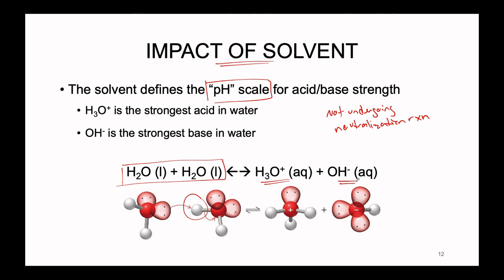Now, this dissociation between water molecules is what defines what the acid is in solution. The acid is H3O+, as well as what the base is in solution, because our base is going to be OH-. In fact, because water is our solvent and water is going to be interacting with the things that we label as being acids and bases in solution, the conjugate acid of water, being H3O+, is the strongest acid that we can have. Similarly, OH-, which is the conjugate base of water, is the strongest base that we can have